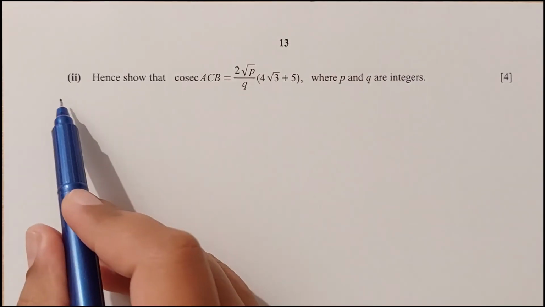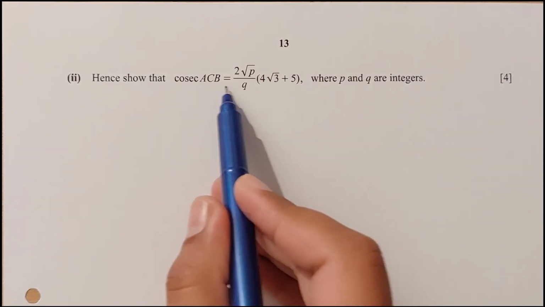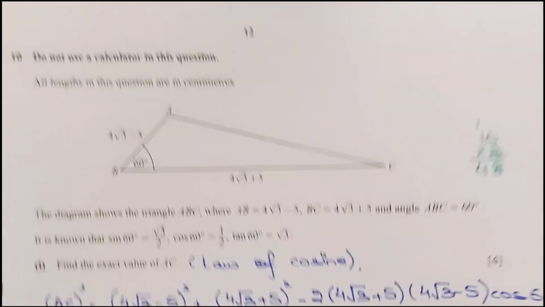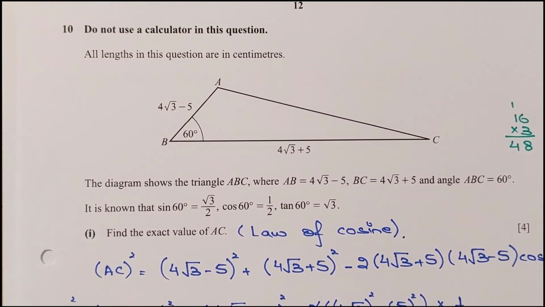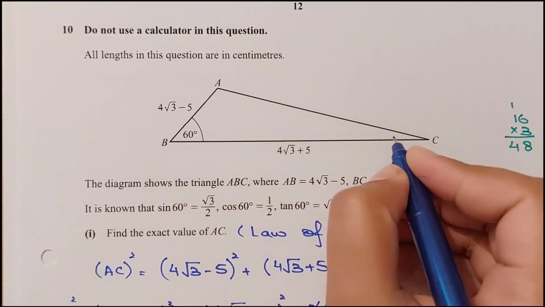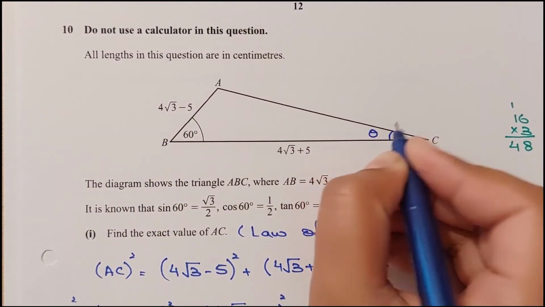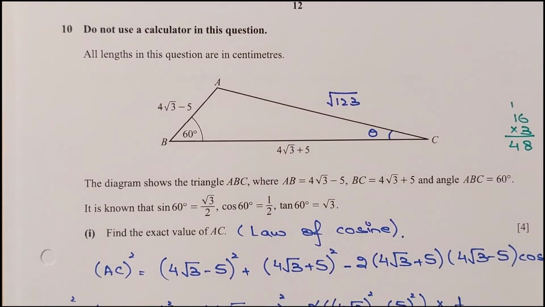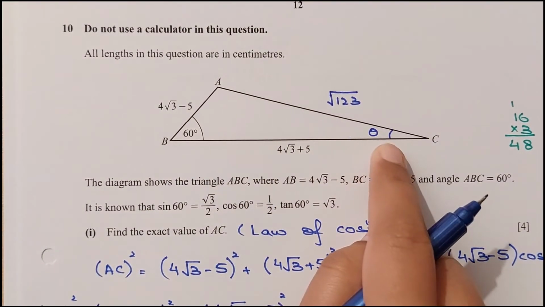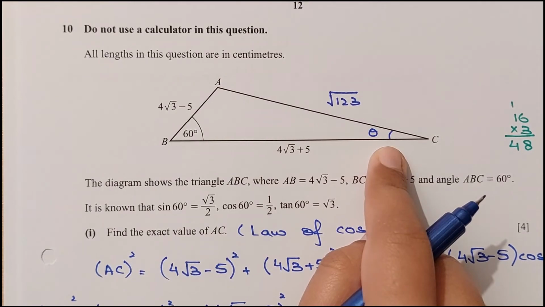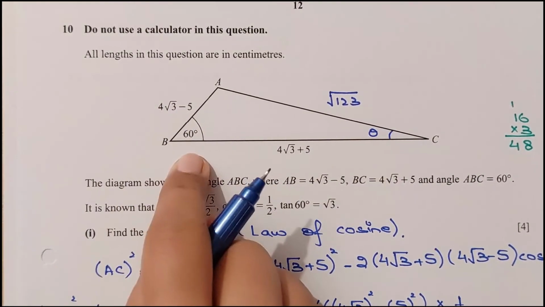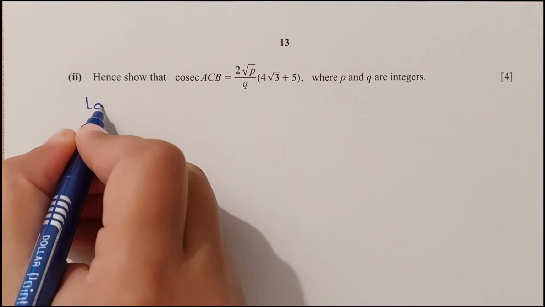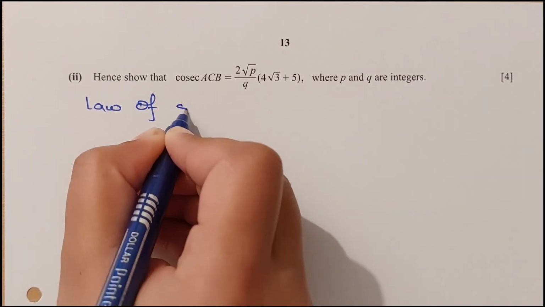Now for the second part, hence show that the cosine of angle ACB is this, where b and q are integers. So first let me work on the angle ACB. So we have A, C and B. This angle we have to find. Let's say this is theta and this side AC is square root of 123, right? So we have to find this angle and the front side, this angle and this side. Let me use the law of sine here. Okay, law of sine,